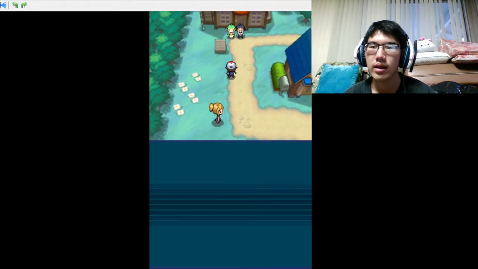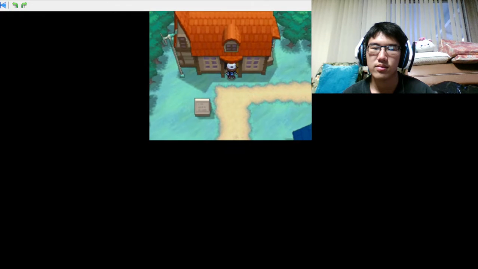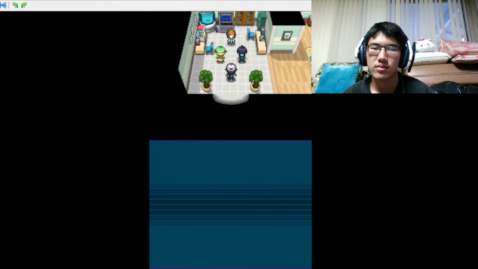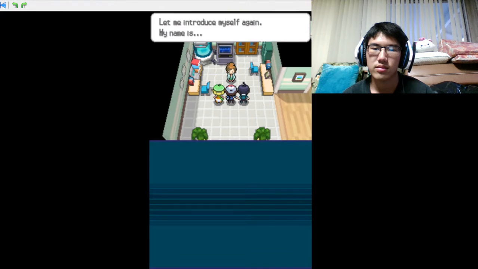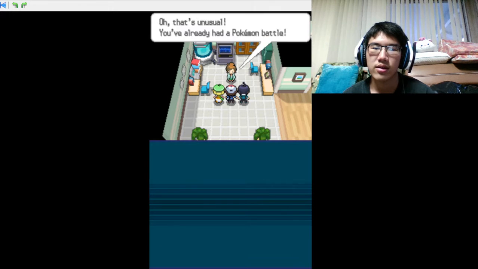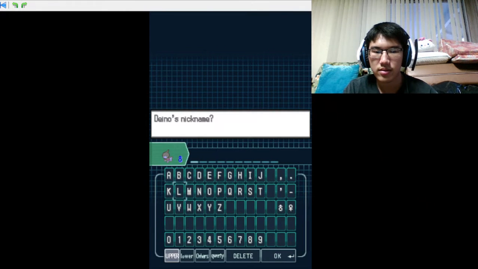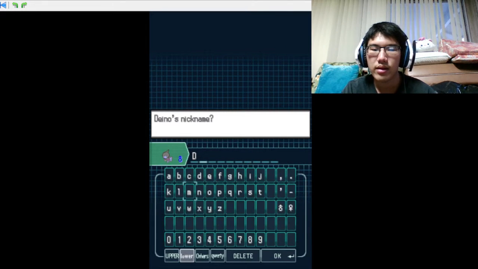Alright, and now it's time to meet the Pokemon Professor. Yes. Okay, so this is where Professor Juniper introduces herself. And she's like, oh, Pokemon, yay. Oh, and then would you like to give it a nickname? So I'm gonna nickname Dano. So hopefully it'll become a Hydreigon. But for now, I'm gonna call it Dapper. Cause...